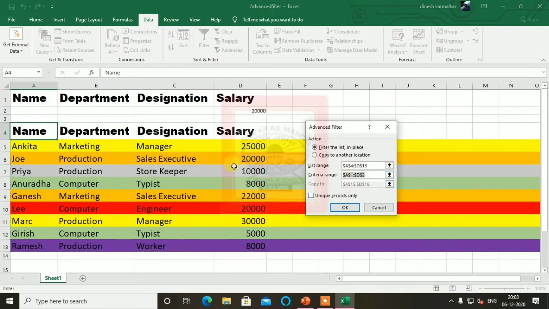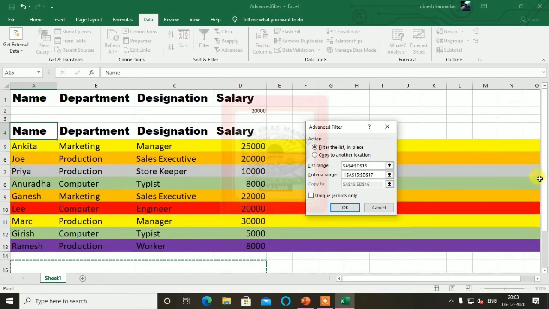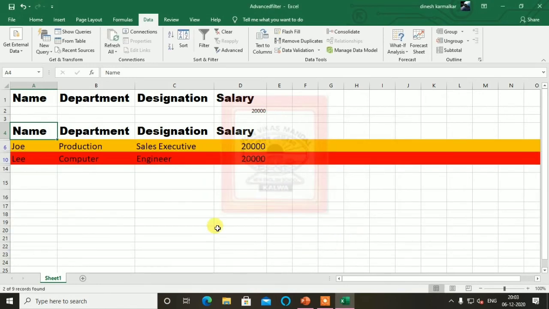Then for criteria range you have to use this one which is the same, and for copy to I will use the 3 cells now, because I will come here, no sorry, this one. Use this one for this. So I am getting these two records of 20,000 because I used the same place and not another location.